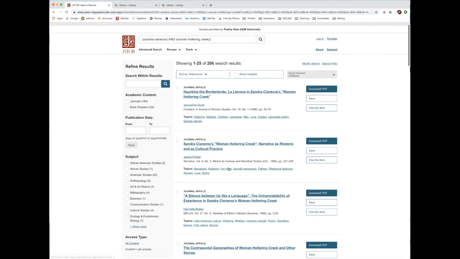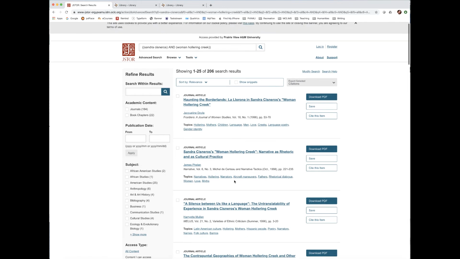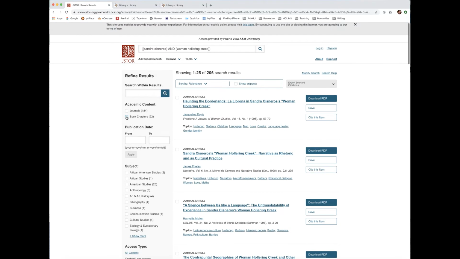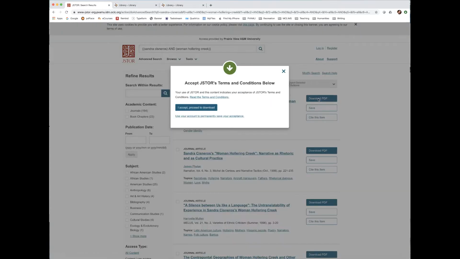Now, as I mentioned, most of these are going to be academic sources, and you can even click on some of these filters over here. So you could just get the journal articles, you could just get the book chapters. But we can see from the titles there's some pretty interesting journal articles here on Cisneros' short story. When I teach this short story, I focus a lot on that La Llorona figure, so this one looks really interesting to me. If I wanted to get this article and read it, I would click on Download PDF,